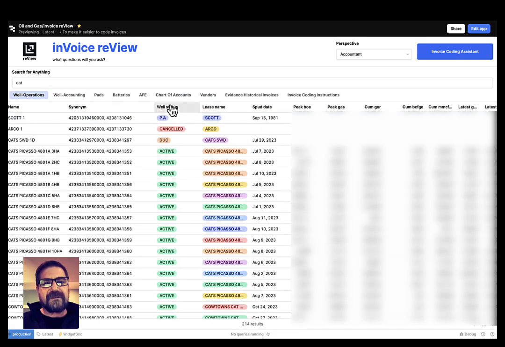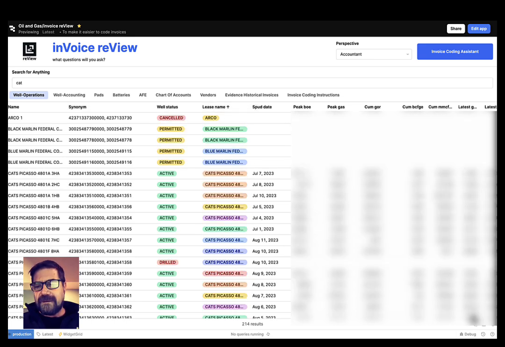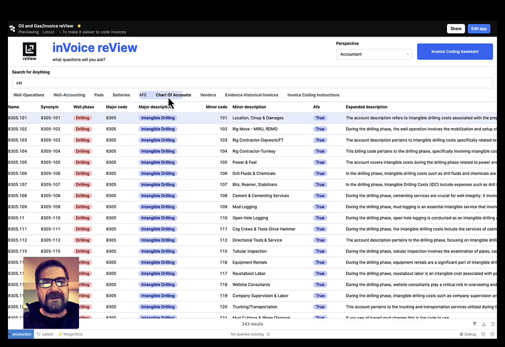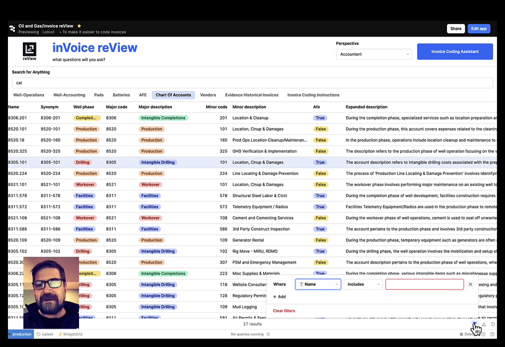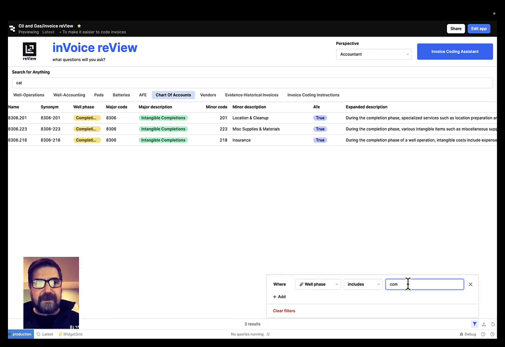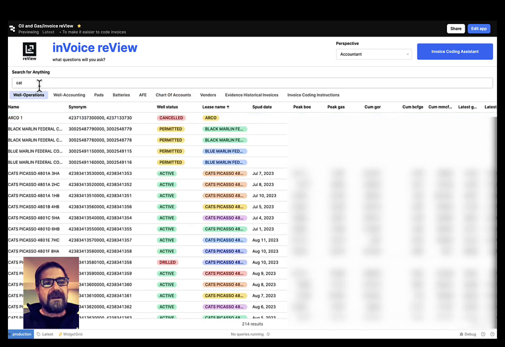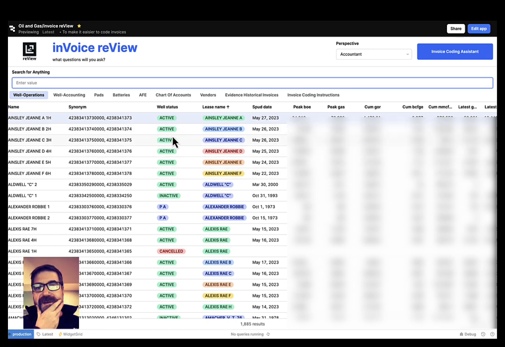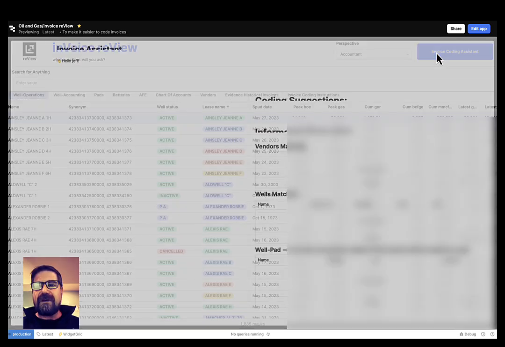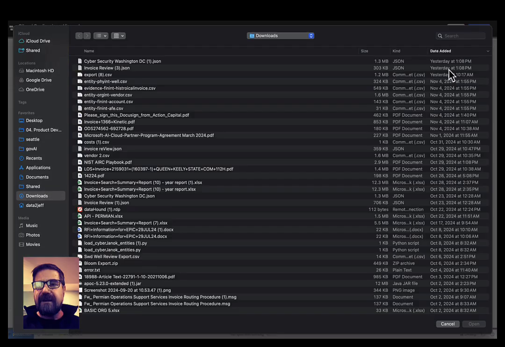And then the usual, you can filter, sort. Let's say chart of accounts, and I just want to look at a certain set of the accounts. I may only want to look at the things that are in a certain well phase. Maybe includes completions or something. So lots of ways to slice and dice the data. You can download the data. This can be turned off if you don't want it turned on. So a lot of useful ways of going in and looking at the information that the AI is using to code these invoices. But at the end of the day, it's really going to come down to how well that this invoice coder can work and basically take